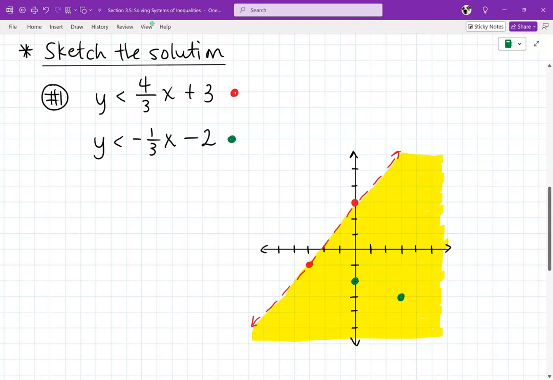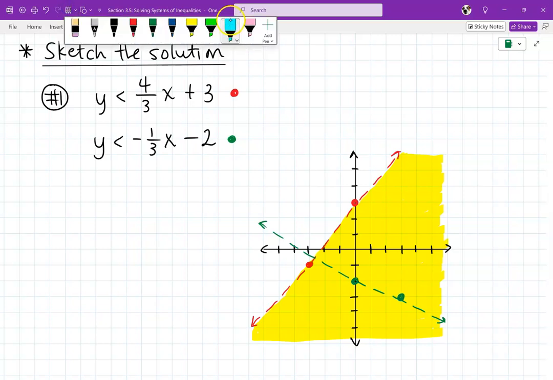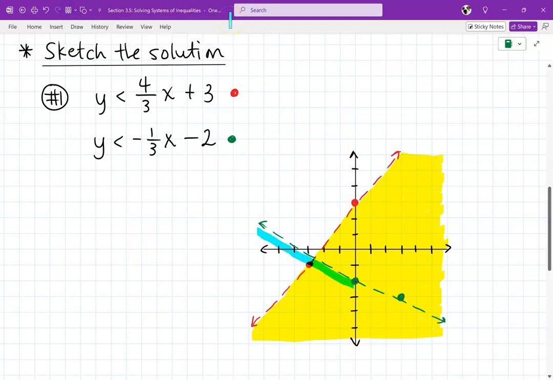Solid or dashed line for this one? This one's also dashed, right? So here we go. Dashed line. And am I shading above or below? Below. It says less than again. So I'm going to change to my blue marker here. And as I'm just coloring it in,